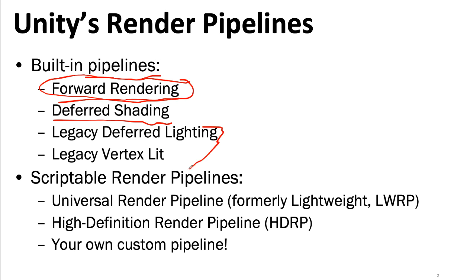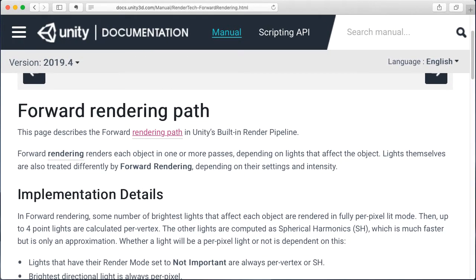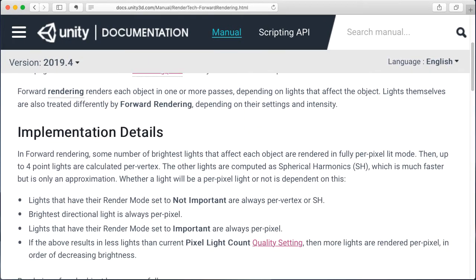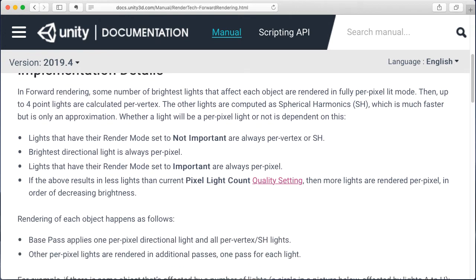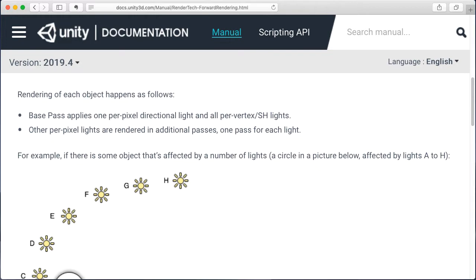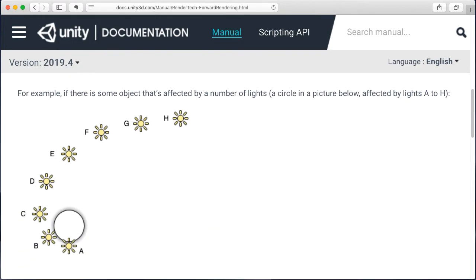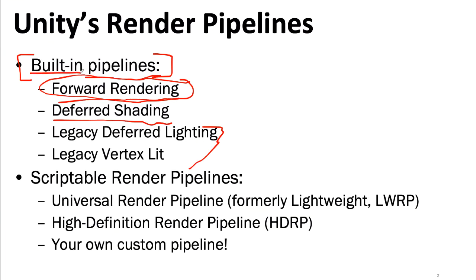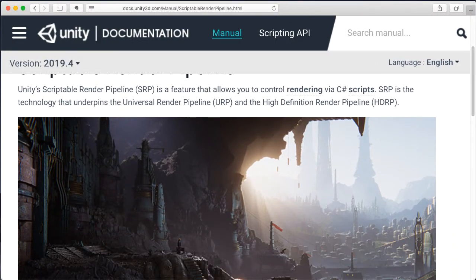And there's some earlier versions of these that nobody really uses anymore anyway. So all of the code that I'm about to show you, at least for the next many, many lectures, is going to use the original built-in pipeline. And back in the day, we didn't say built-in pipeline because there's just these pipelines. Now I have to say built-in pipeline to make a distinction with the fancy new way of doing things, which is with one of these scriptable render pipelines.